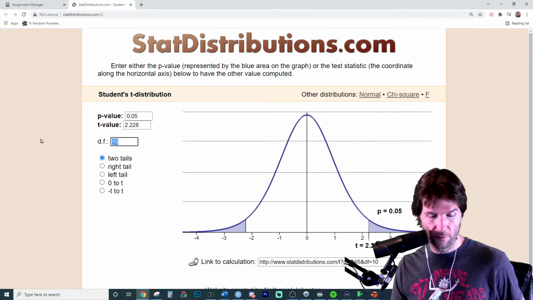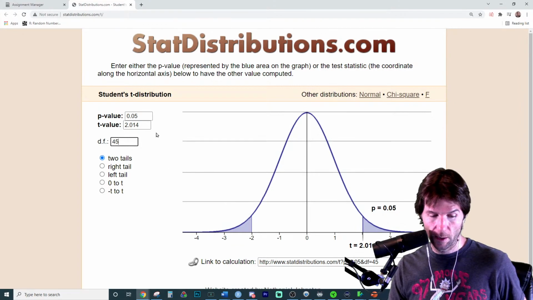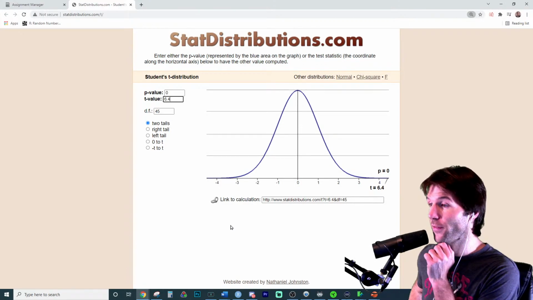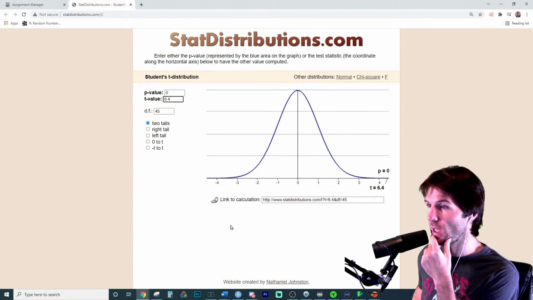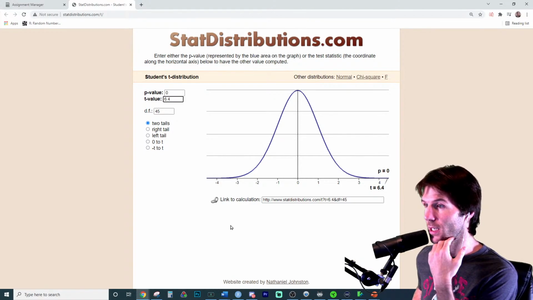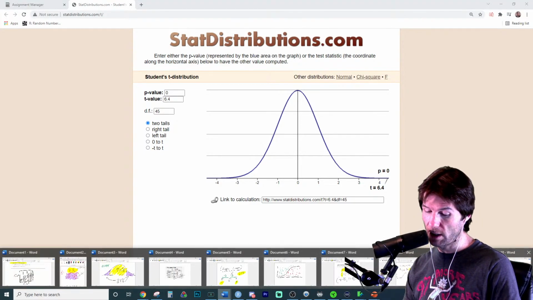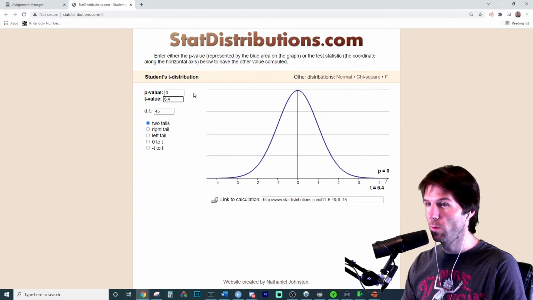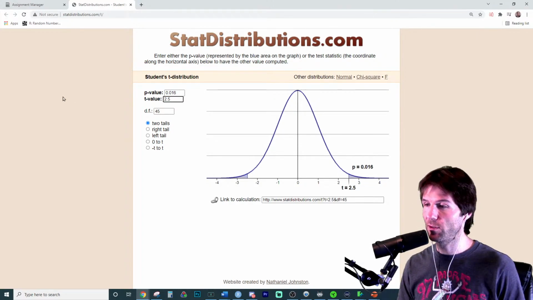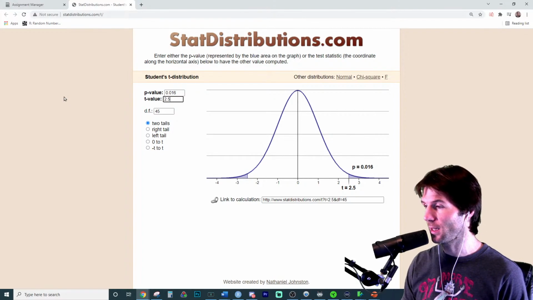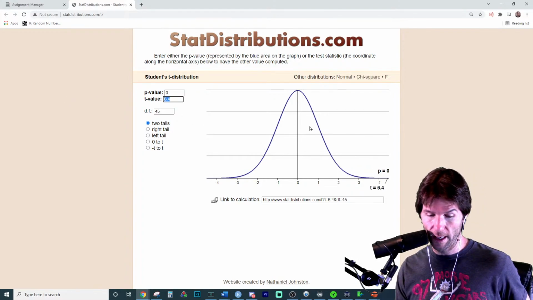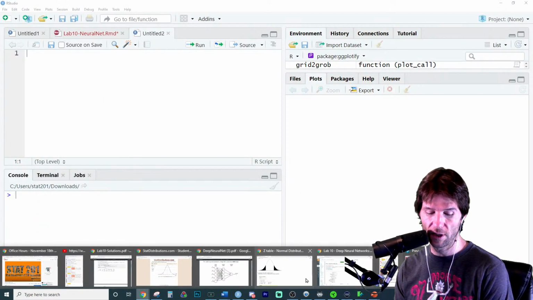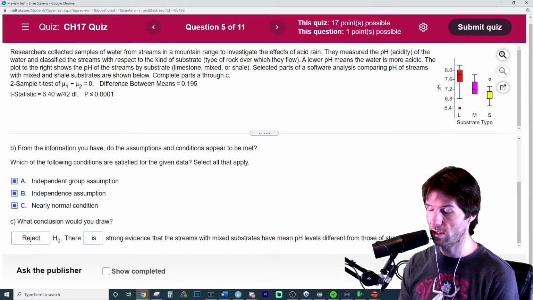It said a t with like 45 degrees of freedom, and we landed at like a t-score of 6.4, and we're doing the two-tailed. You can't even see it. The graphics won't even show it. Statistical software would have to be used to calculate the p-value right here, which is going to be very, very tiny. A quick artistic rendition of it is going to show something like this, which is way off the curve. You don't even see where it's at, we'd have to bring this down into like 2.5 to see it on the curve. But once again, we didn't get that t-score. We got something way off the curve. So yeah, basically this is impossible via random chance. So there's strong evidence of a difference right here. Very, very strong evidence of a difference.